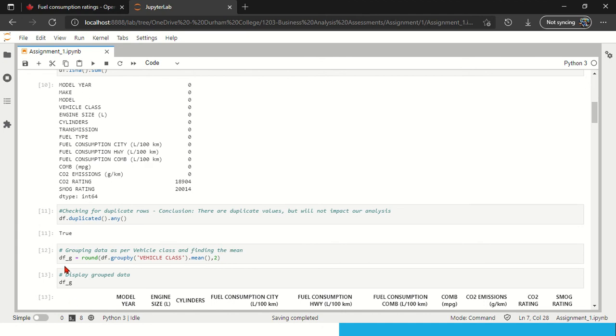So I used the code df_g = df.groupby('Vehicle class').mean(). This round command rounds the values to two decimals.